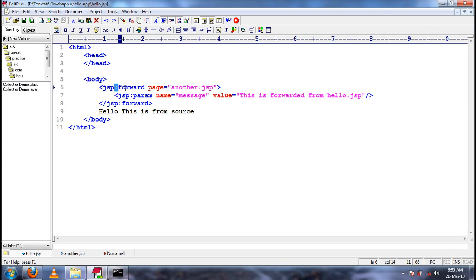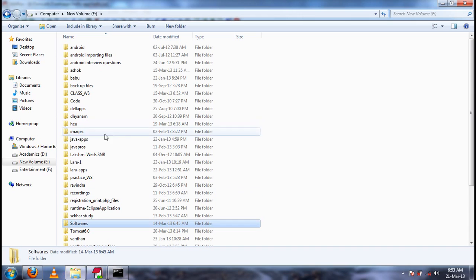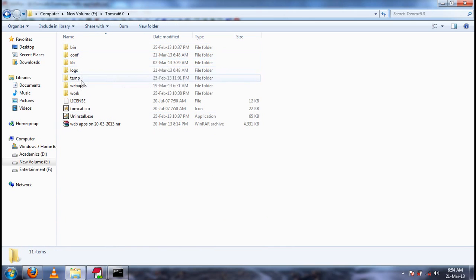We just need to execute the forward tag with the target specified in the attribute page. That's it. The request will be forwarded from source to target JSP. This repetitive logic is easily done by tags already developed in JSP. Just execute jsp:forward. That's it.